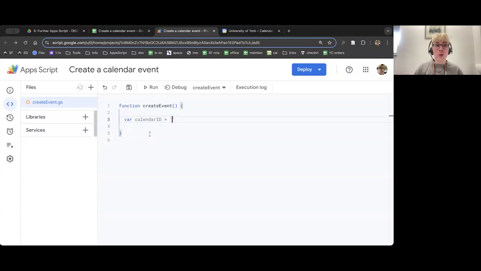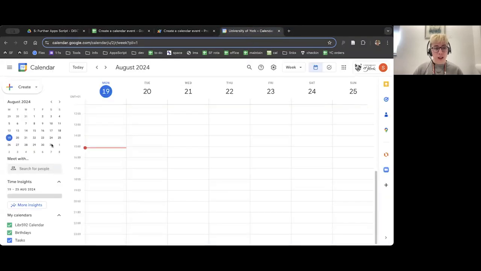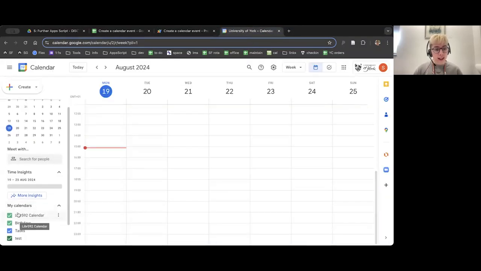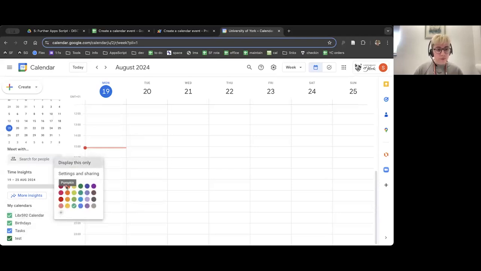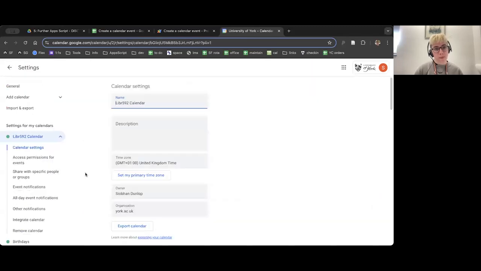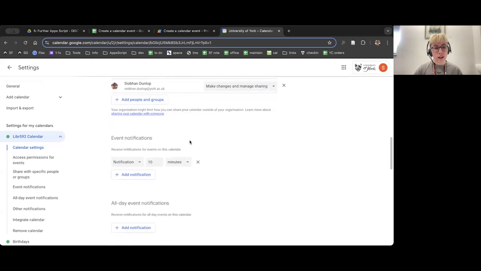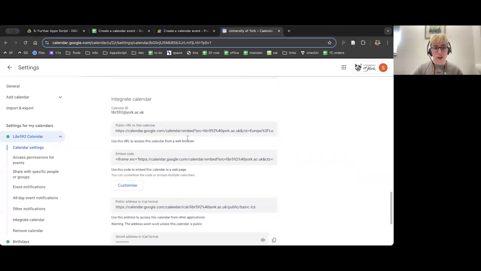But just in case you're working with a calendar that's been made separately, or you just want to double check, the way to check is to go into Google Calendar, to find the calendar you want to create it in. So I'm going to create one for my account here. I'm going to click on the three dots next to that calendar's name and choose settings and sharing. Now I'm into the calendar settings for that calendar. And if I scroll down to the bottom, the final section says integrate calendar. And under there, it says calendar ID. And you can see for this calendar, it is just an email address.